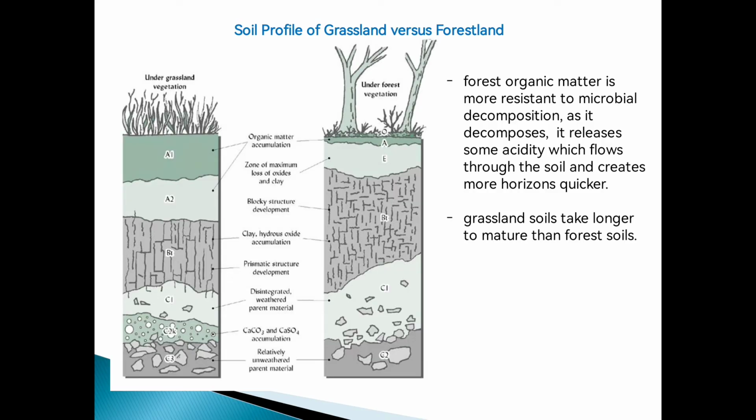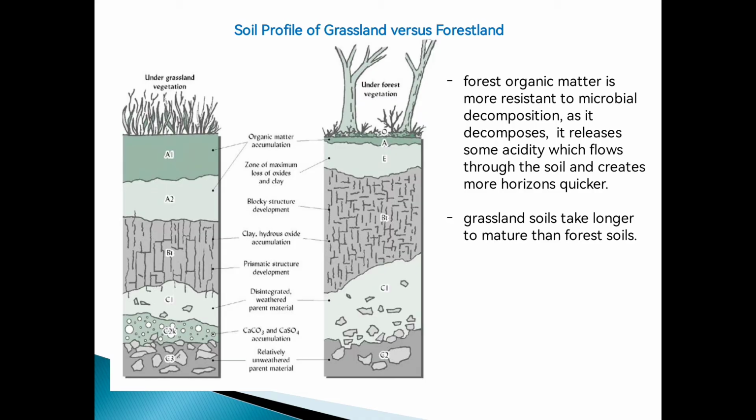Aside from the microorganisms and the vegetation, humans also affect the development of the soil profile. So, for example, the kaingin system or yung pagpuputol ng mga punong kahoy, syempre, kung wala na tayong mga punong kahoy, the accumulation of organic matter will also be less. So, the development of the soil profile will also be affected. And minsan, because of the use of heavy pesticides application, the microorganisms present in the soil will also be less, which affects the decomposition of the organic matter.